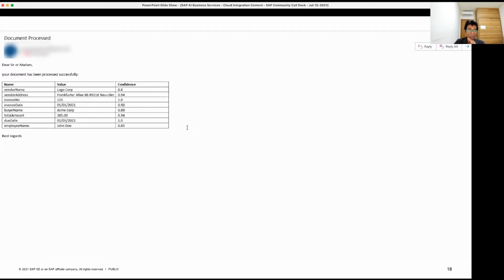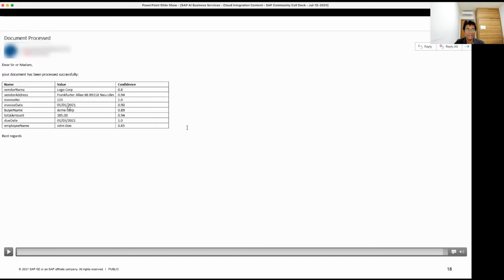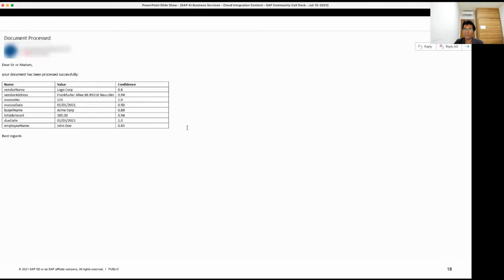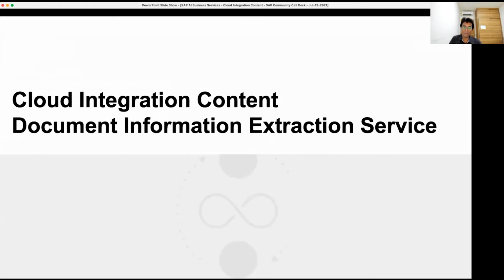So based on this, we also give a JSON, right? You can actually take this and use it the way you want. Again, this is up to you to build on it. So this is the first demo. Now let's look into the second